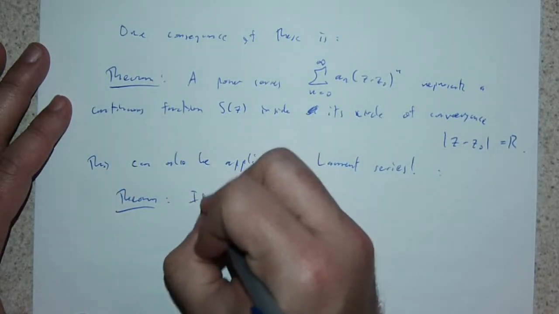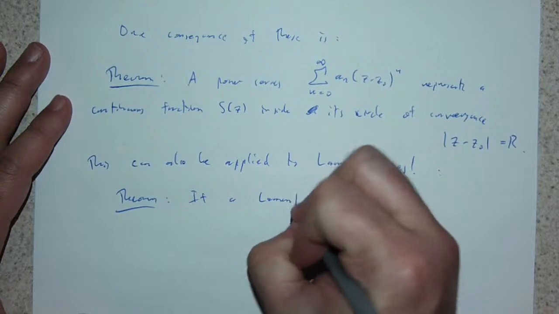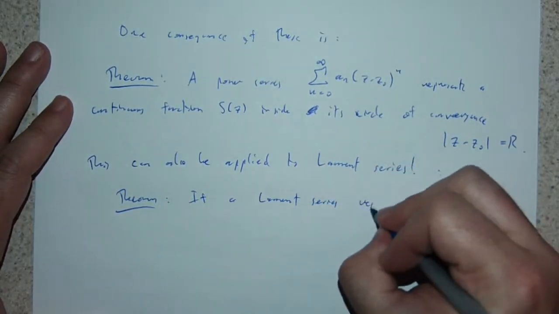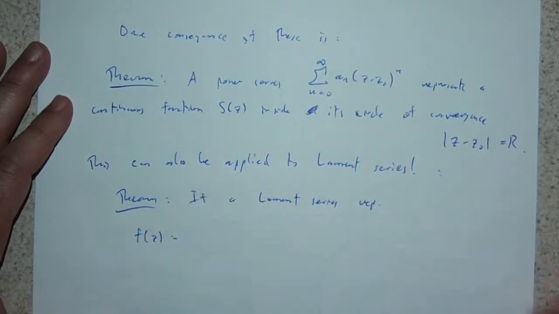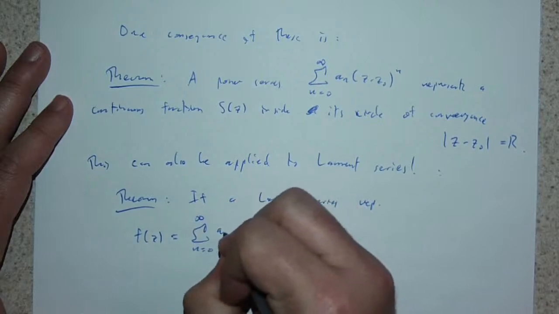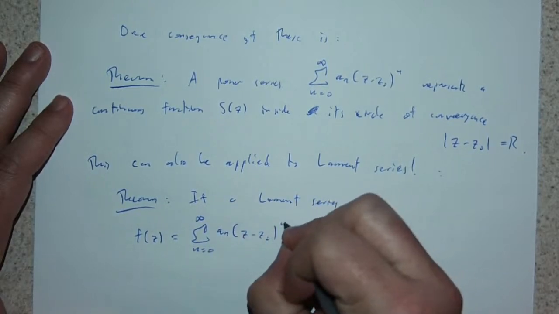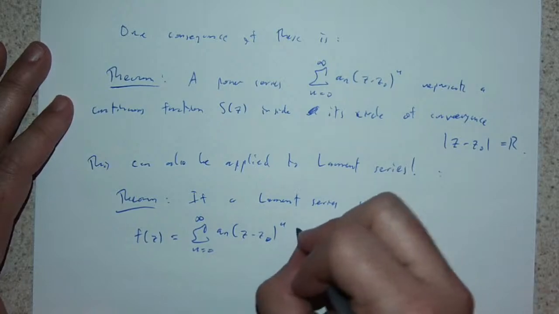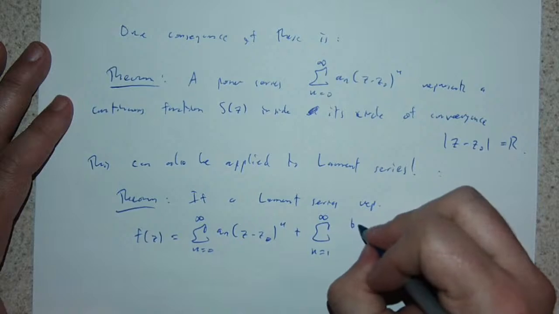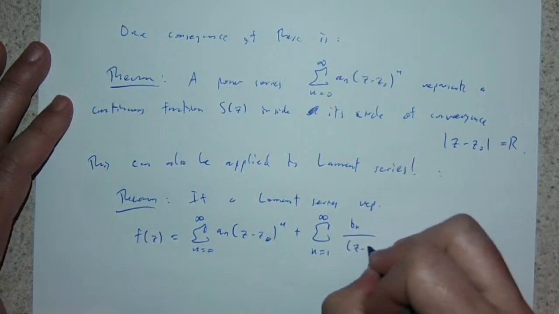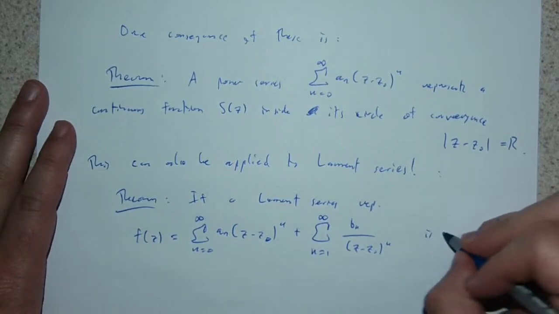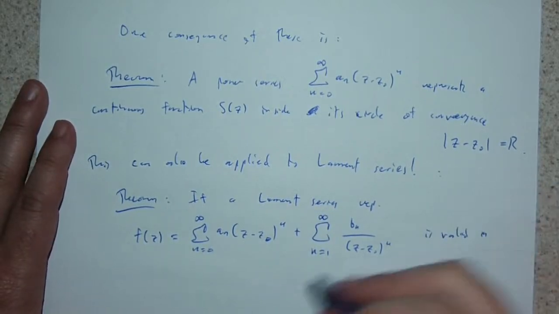So if a Laurent series representation, I'll write it as f of z is some, so the power series part, right, plus the negative powers part, sum from n equals 1 to infinity, of b sub n over z minus z naught to the n. Right, so if a power series representation is valid in some annulus,